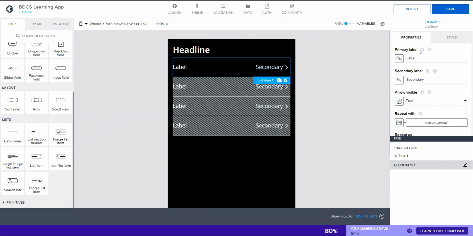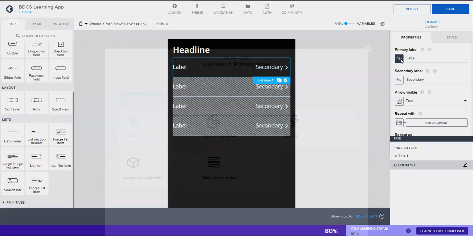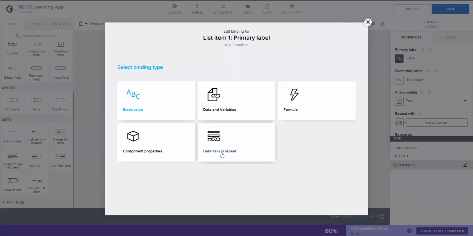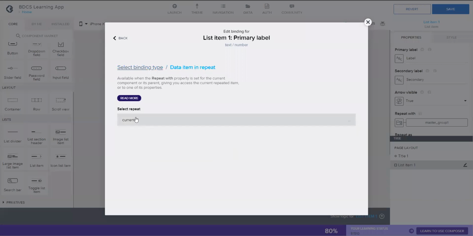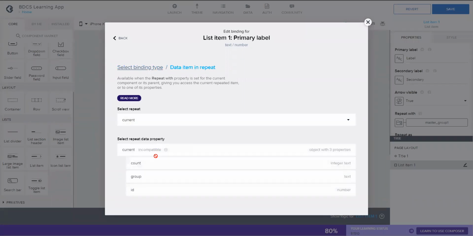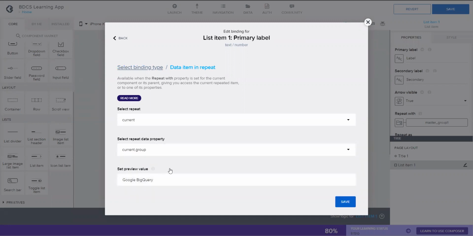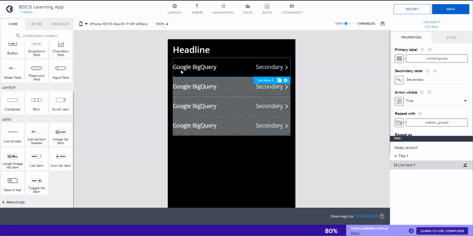And therefore, I go to primary label. I click on ABC, click on data item in repeat. And then it says current repeat. In the current repeat, I select the group. This is the name. The first one is Google BigQuery. I click on save and you see that Google BigQuery is getting repeated.